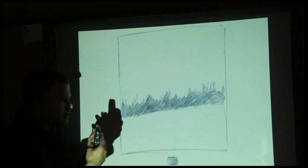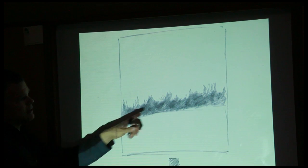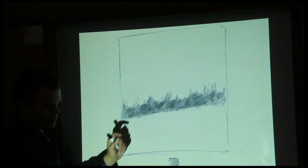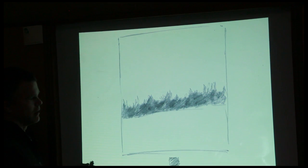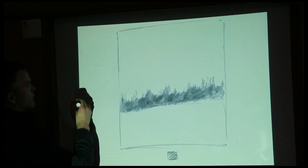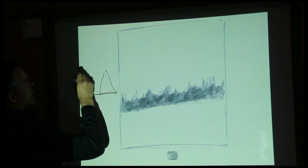Then to make this look a little bit deeper, I'm going to add a few little dark wedges coming down into the forest. So here's with the extra dark, without, with. What I'm doing is imagine I have a tree here, there's a tree here, and then here's my tree line